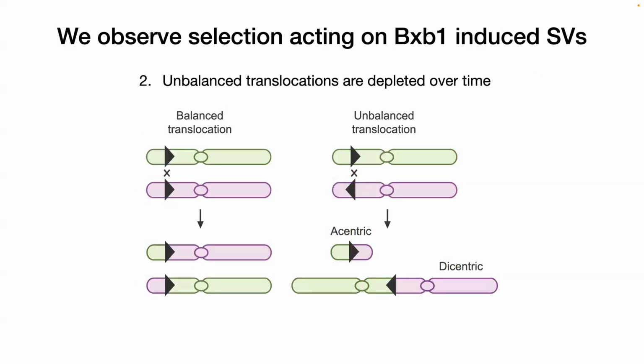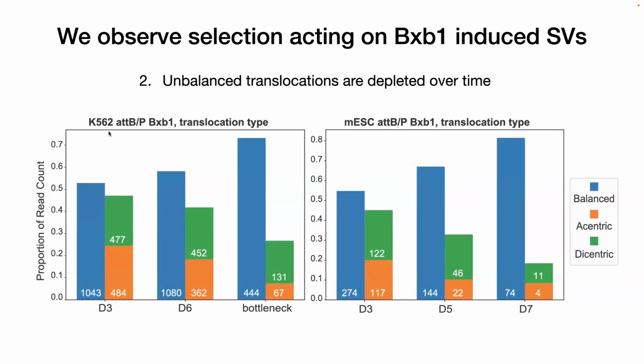Secondly, and this is quite intriguing, depending on the relative orientation between the different sites and their sites of integration relative to the centromere, we can induce either balanced or unbalanced translocations, which can lead to acentric or dicentric chromosomes. In the case of balanced translocations, there's actually no loss of genetic information whatsoever. And what we see is both in K562s, which are the human cancer cell line, as well as in mouse